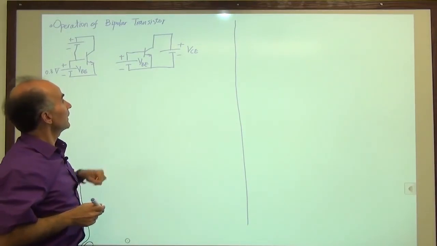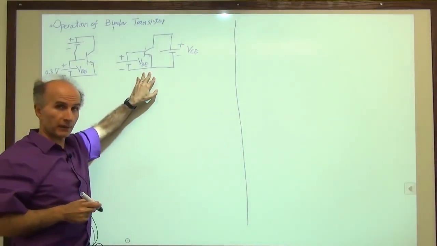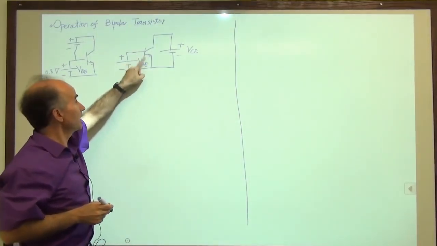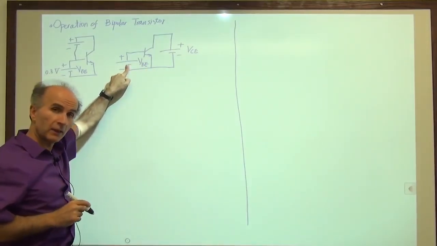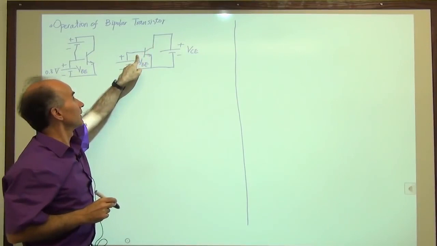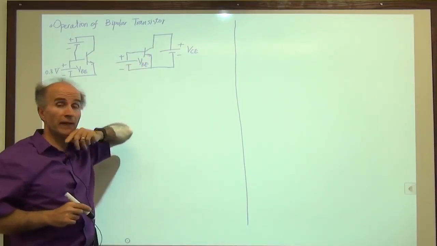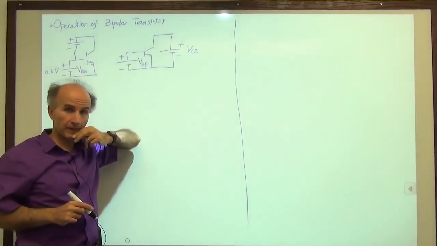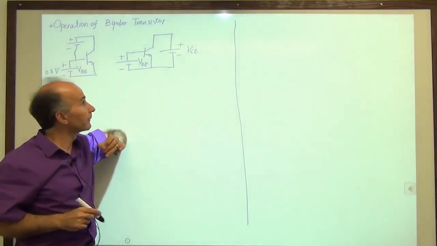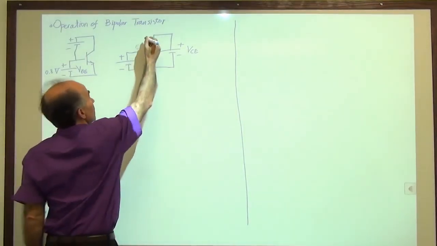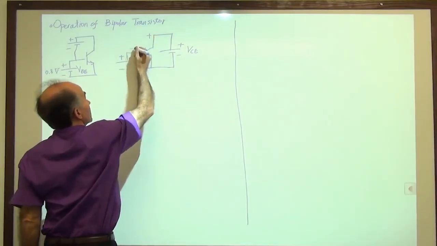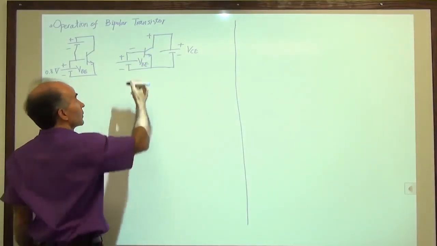So how do we make sure that we still have proper conditions? Proper conditions meaning base emitter is forward biased. That's good. We have a battery, no problem there. But how about collector emitter? Am I sure that collector emitter is reverse biased or has zero bias? Well, that's not that hard. What I can say is that this voltage, which is the voltage of interest to me, and I will call it